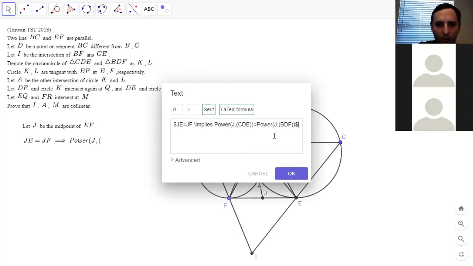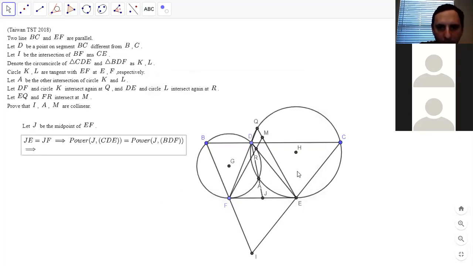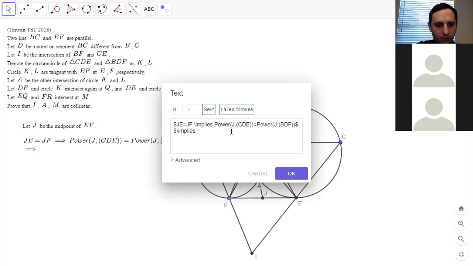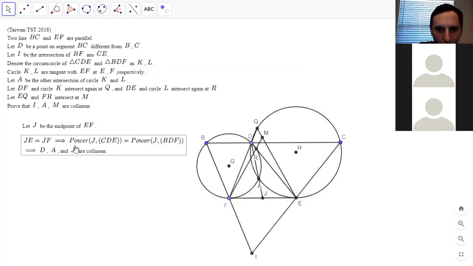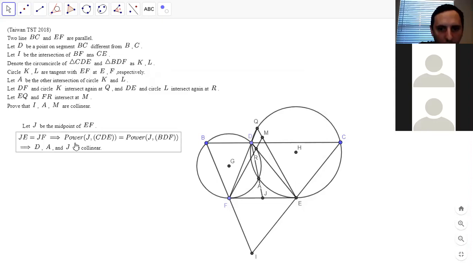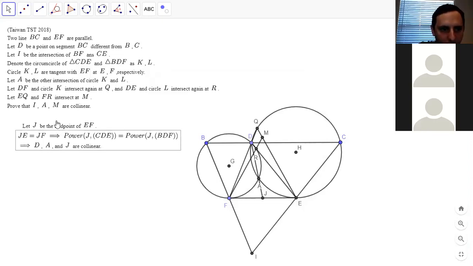And so that means that D, A, and J are collinear. And then if we project through D onto EF,